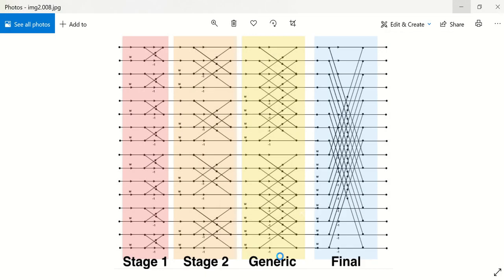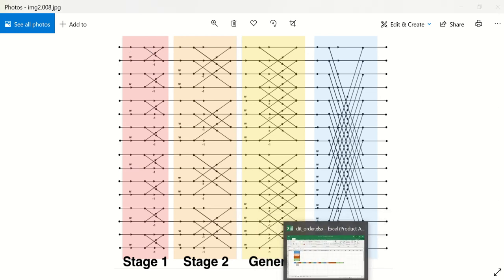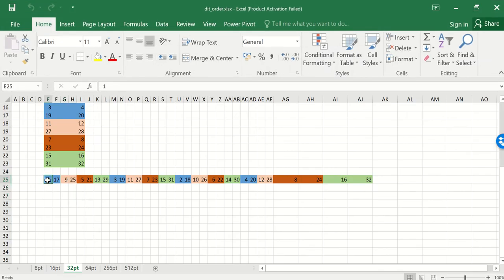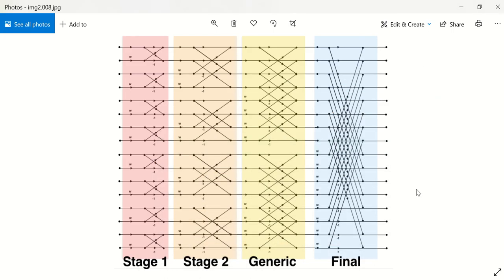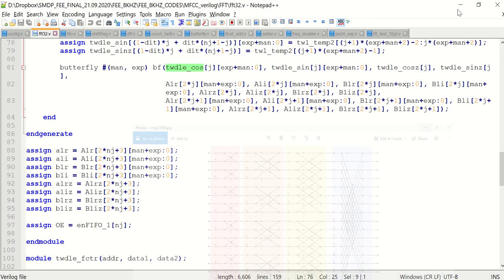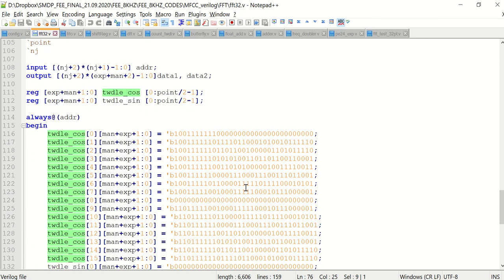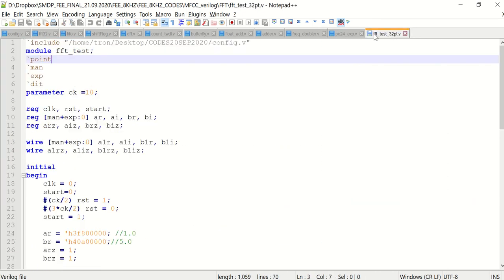So once we have a butterfly, we can process each stage, because in each stage we have a particular set of butterflies. For example, for a 32-point FFT, we will have 16 2-point butterflies in the initial stage. Yes, that is what we have seen in the Excel sheet. So this is for the initial set of inputs. Here this is for one butterfly, this is for another butterfly, and so on. And the final output will be in order, that is y0 to y31.